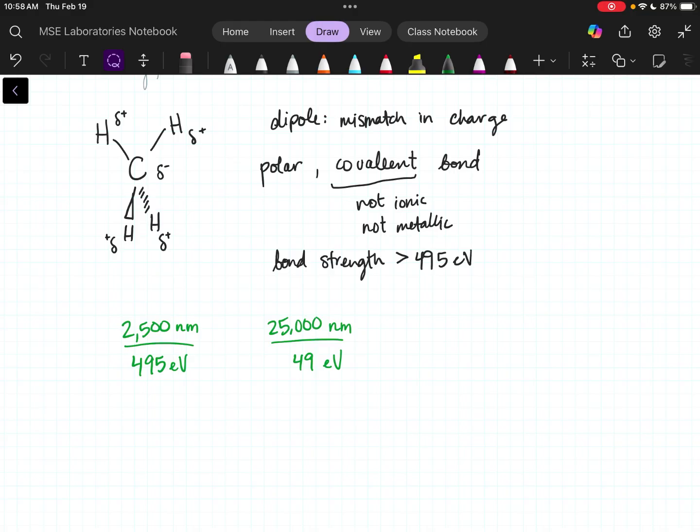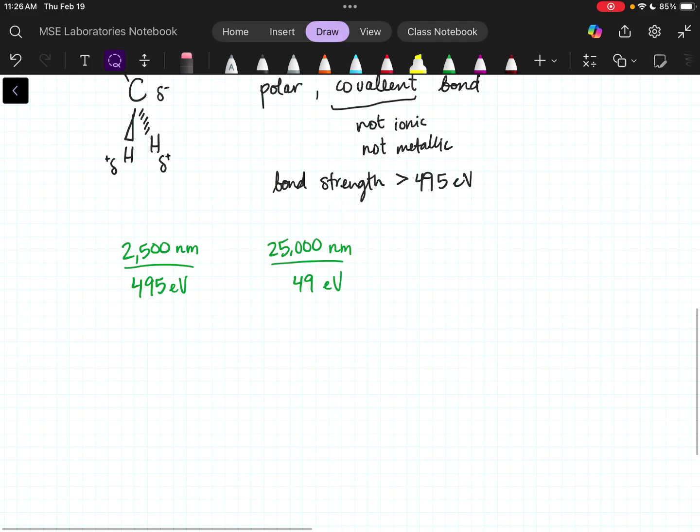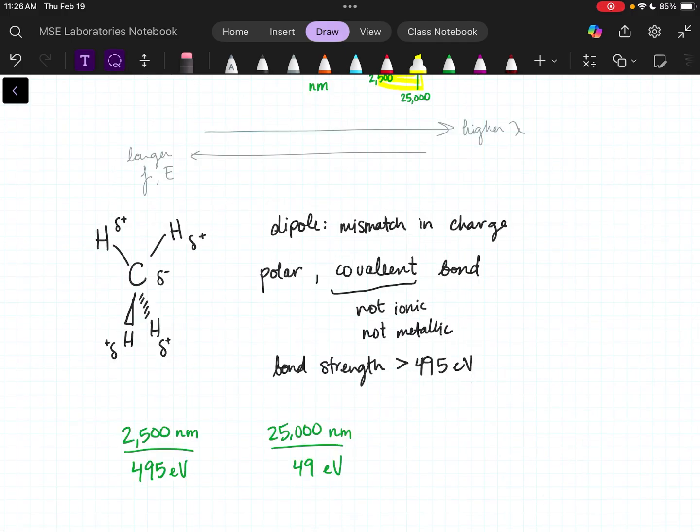And we are going to a lower energy as we go closer to the far infrared, with 25,000 being the start of far infrared. Okay. That all track so far? Yeah. Cool. So when I apply these energies that are lower than the breaking energy of these bonds, but are